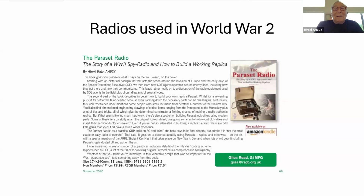So as I started really looking at the available information, it occurred to me this is something I can replicate. I happen to have a lot of parts in my junk box, some of them dating back to World War II. So I started building the Paraset, the replica, and as it turned out, I ended up building 3 different kinds of Paraset radios, and I came across the community of Paraset builders, and thanks to the modern internet access, and to make a long story short,